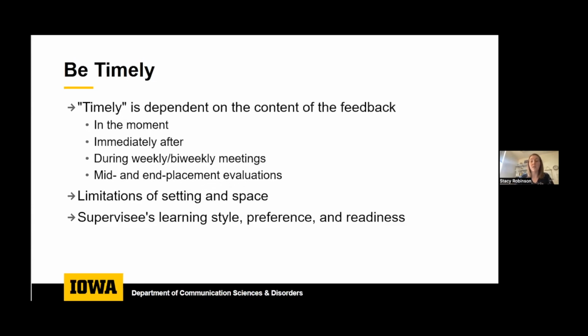Some supervisees will have preferences of what kind of feedback they get and when. Some want to talk right away. Some need that time to process. And then sometimes, and Louise will talk about this also, if we are working—